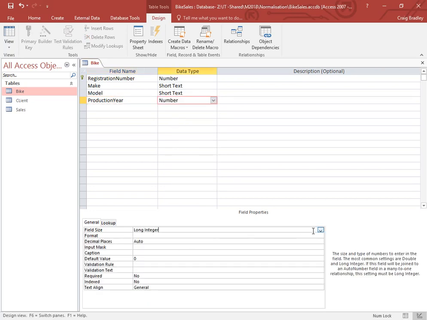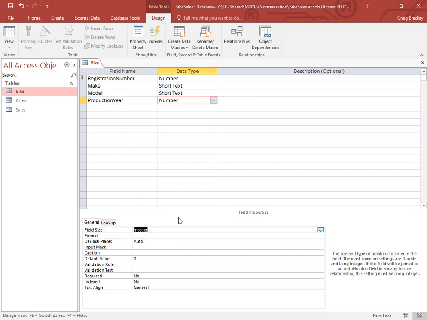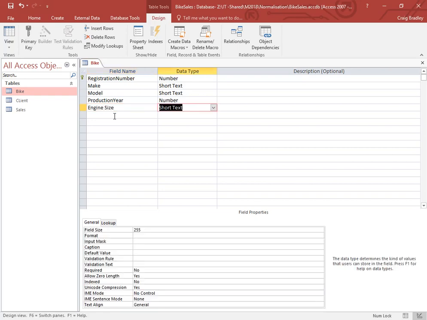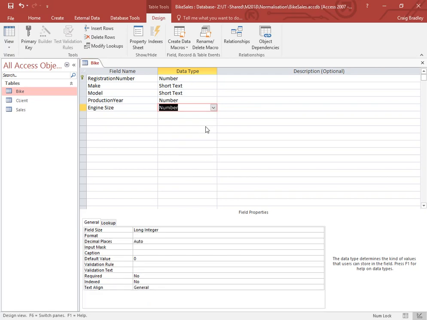We can actually even make it shorter than a long integer. We can change the size of it so it can be an integer, which means it's much shorter. So you don't need to store a long integer and have this massive number for a production year. And I would suggest we would also want to have engine size. You need to look at a motorbike as a unique identity, and you would say, okay, what do I want to know about it? I want to know the engine size, I'd want to know the production year, you'd want to know the